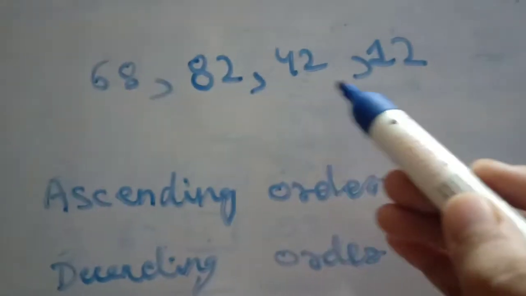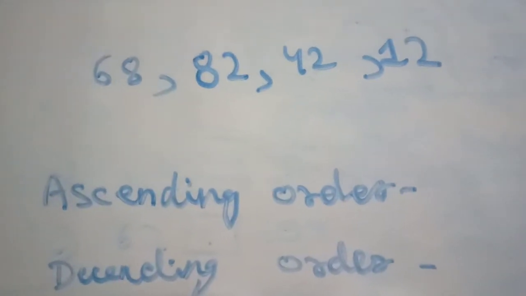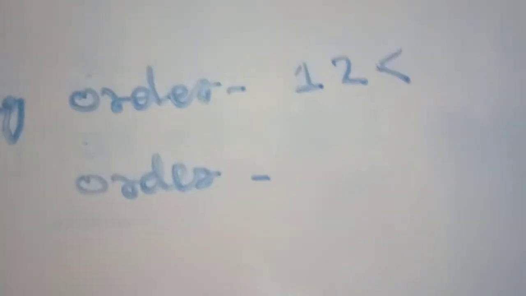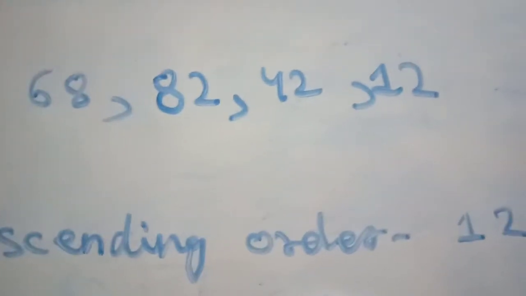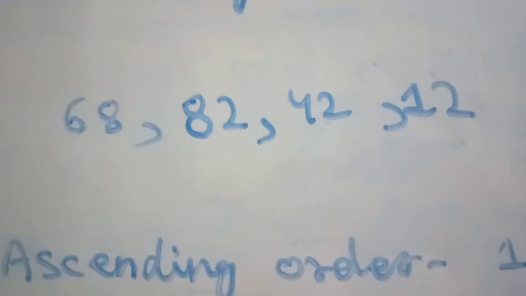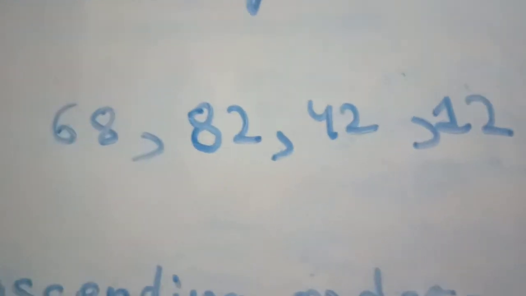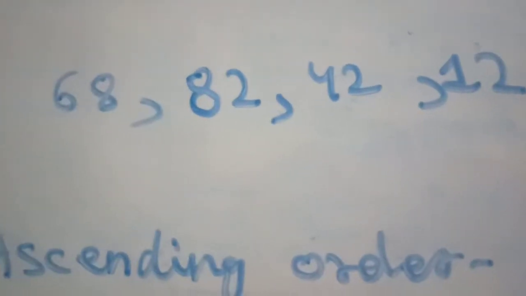Now in these numbers, which number is the smallest? Can you guess? I think 12, because at the tens place it is the smallest number. So first in the ascending order we will write 12, and then the sign. You can also put commas. Now the second question, now we have to find the second number. Which number is greater? How will we find that? I told you, see, the ones place is bigger than 8. But now we want to find the ascending order from smallest to biggest.